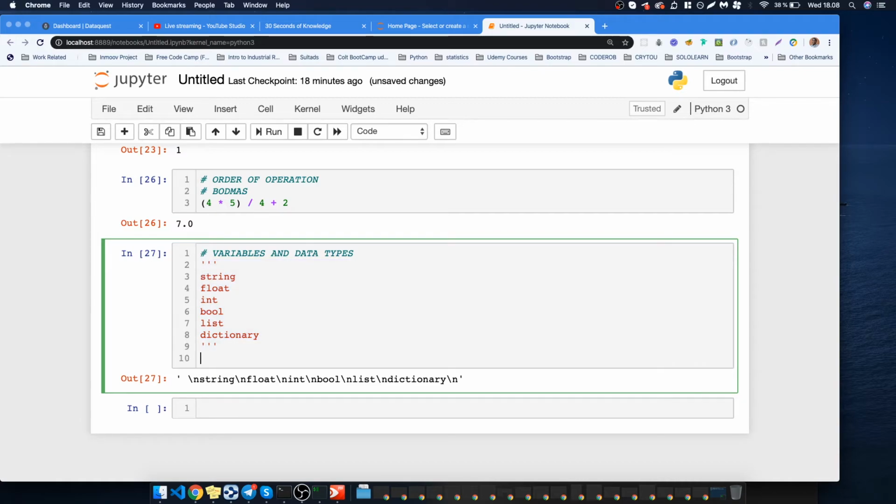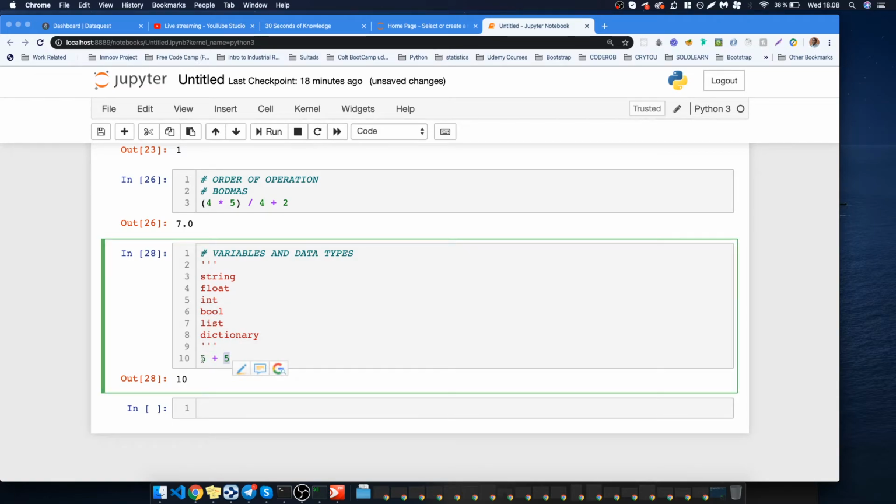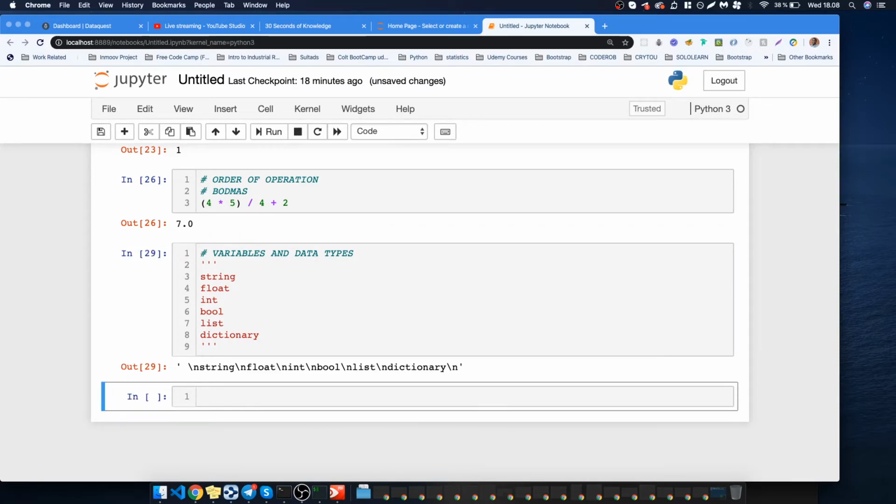If I write something here, let's assume I say 5 times 5 plus 5, 5 plus 5. See what happened? That is 10. It just ignored this. The reason why it gives you that is because that was the last one, just like what I explained before. So I'll quickly run it again, and you see there's something about this \n. Don't worry, I'm going to explain all those later, but at least let's quickly discuss all these types of